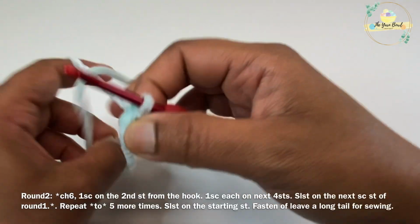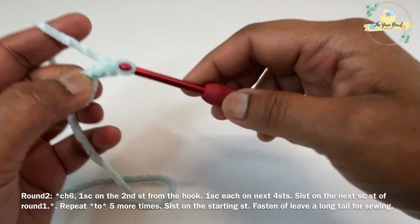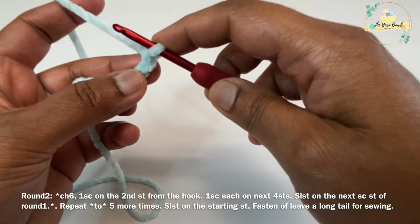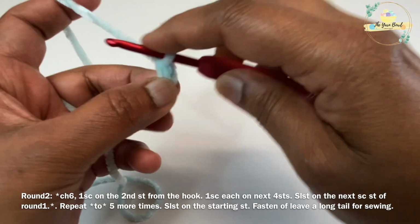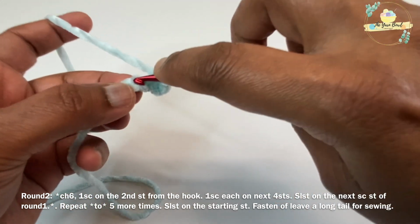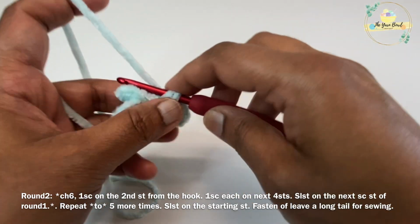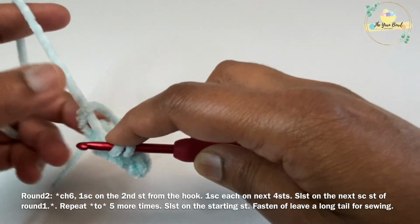So now for round 2 I'm going to work 6 chains. So once you have worked 6 chains, work 1 single crochet on the second chain from the hook, and then work 1 single crochet on the next 4 chains. So this is the leaf part that we are working, and once you are done working 1 single crochet on the next 4 chains,